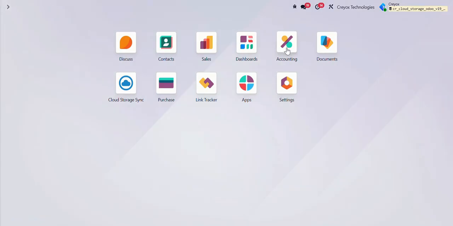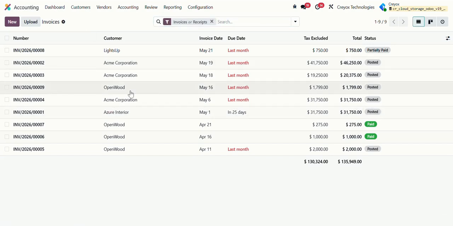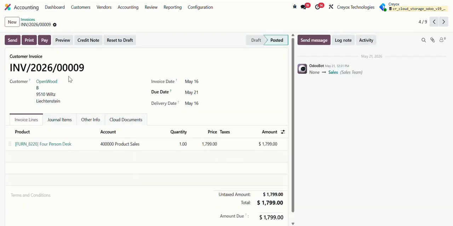Now if I go to my accounting and open the record of any invoice, so opening the record of that model, that is journal entry, will give me this tab, that is cloud documents, because a rule is created for that model. Now if I go to that tab, that is cloud documents,